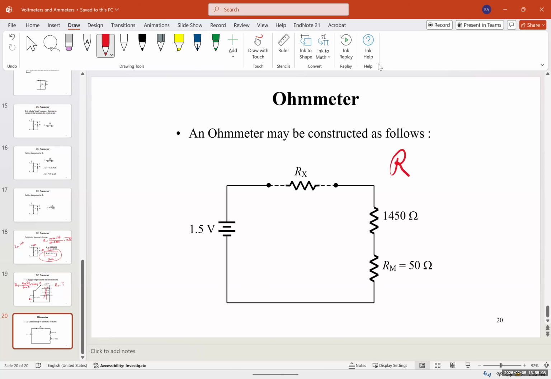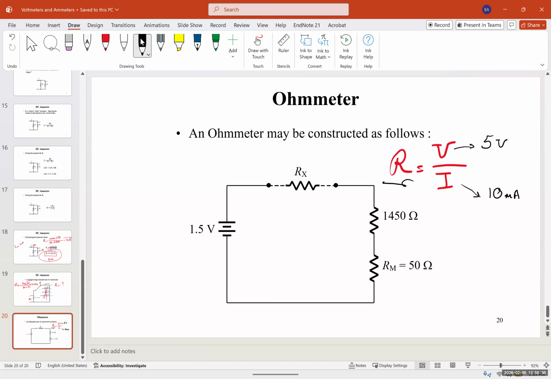As you know, according to Ohm's law, R is equal to V over I. So if I have an unknown resistor and I connect it to a 5-volt battery, and I measure the current,